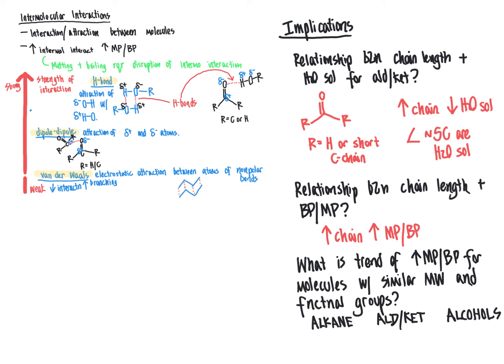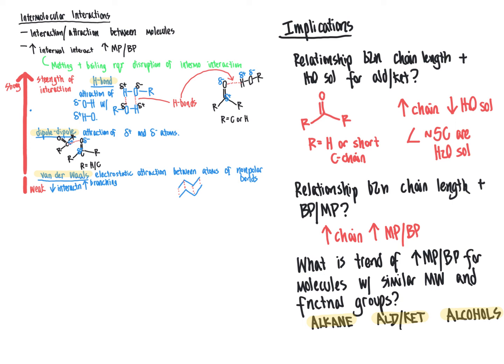In order to evaluate the trend in melting point and boiling point for these three different functional group types, or four different functional group types if you want to consider aldehydes and ketones separately there,